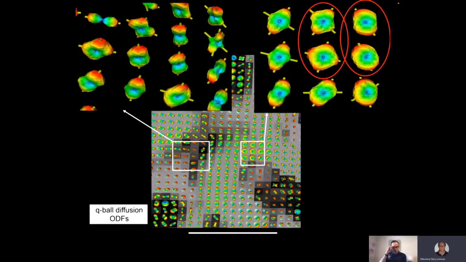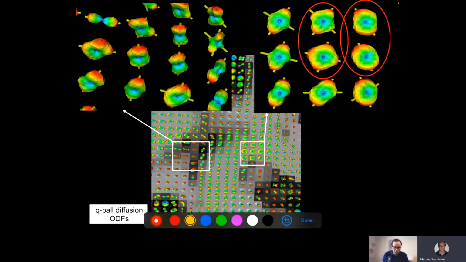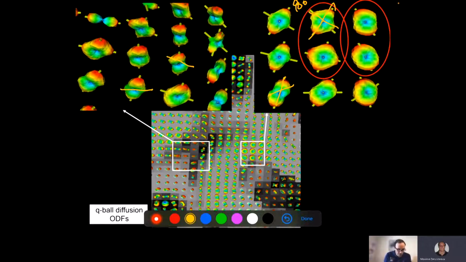So as we saw in the previous slides, the diffusion ODF is quite limited around crossing fibers. It's a good start, but it seems to almost only capture 90-degree crossings and is not that efficient at lower angles, where we clearly see other crossings, but they seem to be missed by this Funk-Radon integral of great circles. And in a sense, as you'll see in these slides, it kind of makes sense because it's a